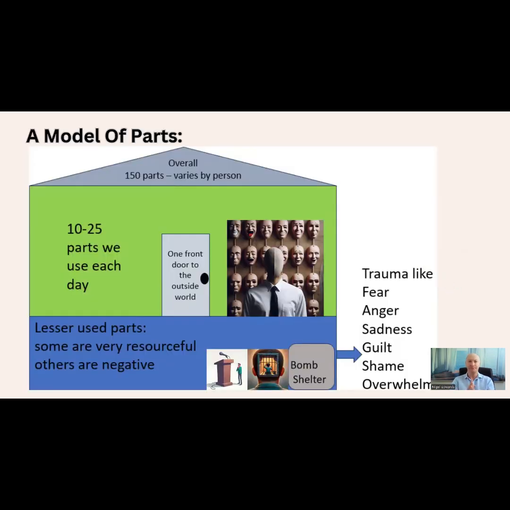So here's a model, the best way to describe the model of parts of us. Imagine a single story house with one front door to the outside world, and only one part of you neurologically wired in and live can be in the executive of your mind, i.e., the interface with you and the outside world. And you may have 100, 150 different parts of you that can be there to interact with the outside world. Generally, we'll have between 10 and 25 regular parts of us that each day we'll be using. And we have pretty much the same thoughts and the same feelings each day. And we get stuck in patterns. So the same kind of parts will generally come out.